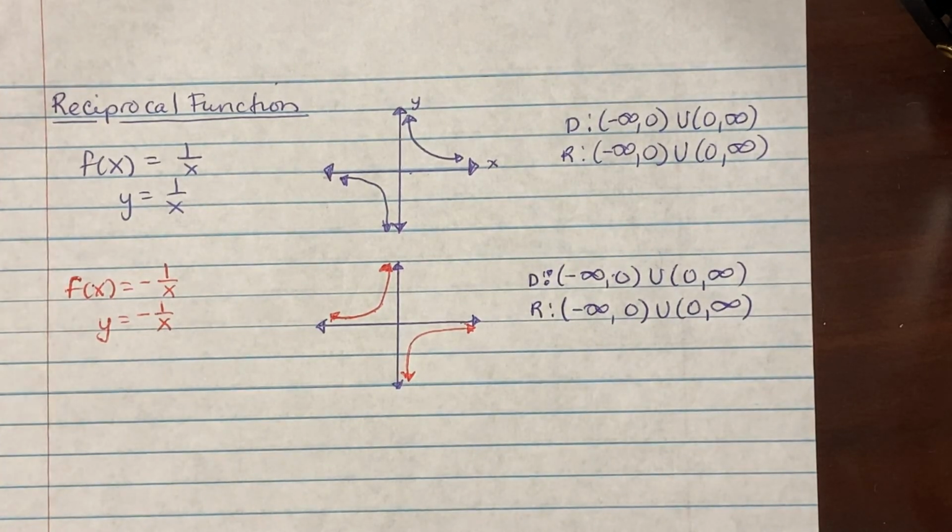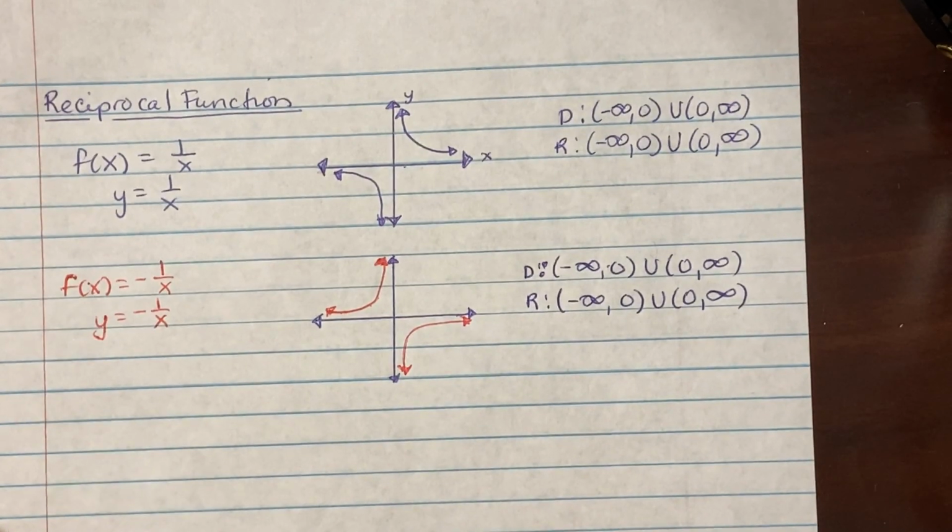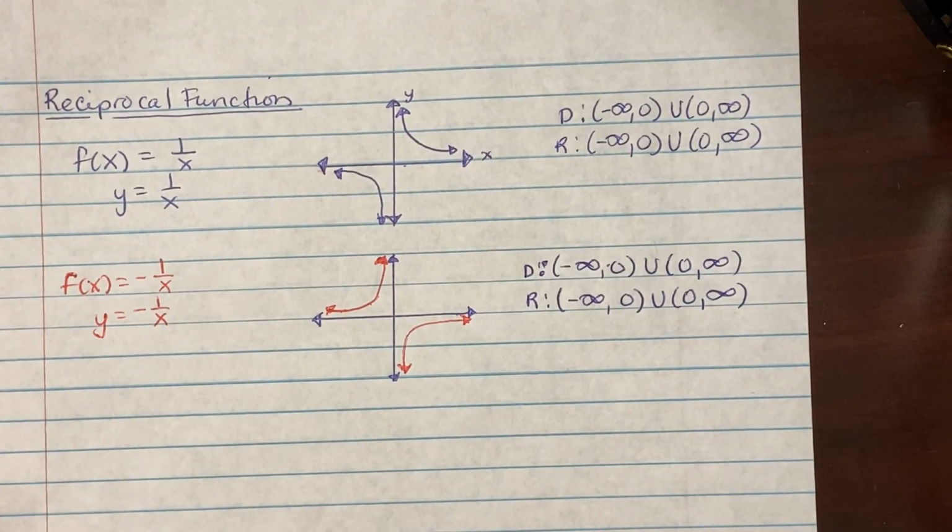So for 2.7 notes, we're just understanding the basic concepts of end behavior. So this is something that's going to guide you with